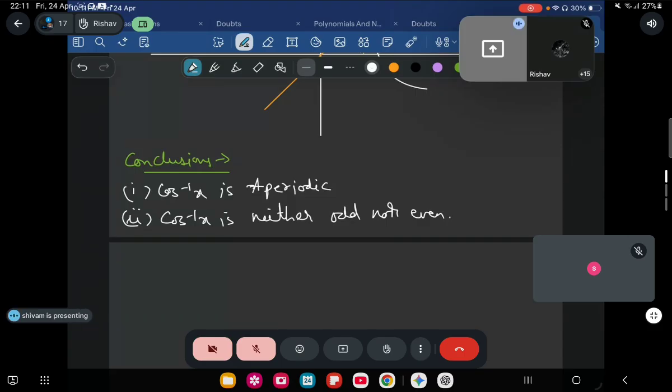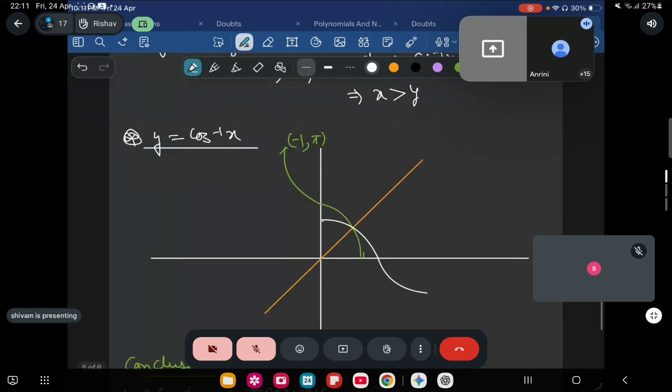Okay, next. Number 3. Sir, cos of x equals cos of minus x, right? Yes. So if we have the functions cos inverse cos of x and cos inverse cos of minus x, these are the same. So is the derivative plus 1 or minus 1? Cos inverse cos of x and cos inverse cos of minus x.